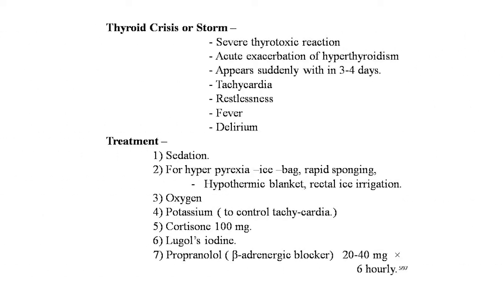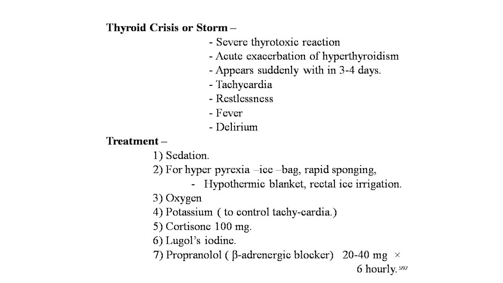Now the thyroid crisis or storm. Thyroid crisis and thyroid storm are conditions in which there is a severe thyrotoxic reaction, an acute exacerbation of hyperthyroidism, appearing suddenly within 3 to 4 days, with tachycardia, restlessness, fever and delirium. Treatment is sedation, for hyperpyrexia ice bag, cold sponging, hypothermic blanket, rectal ice irrigation, oxygen supply, potassium to control the tachycardia, cortisone 100 mg given IV, Lugol's iodine, propranolol, a beta adrenergic blocker, 20 to 40